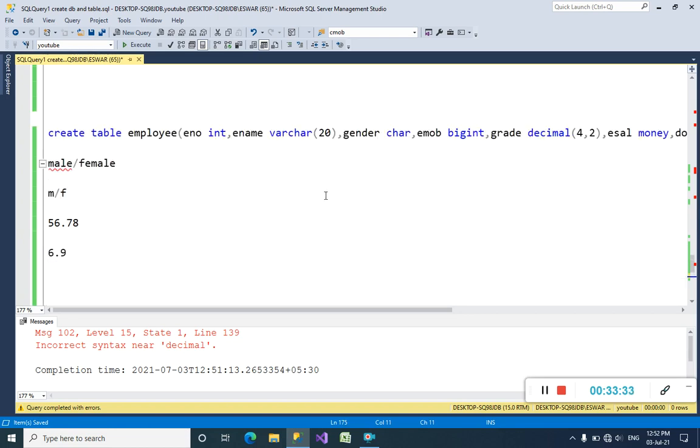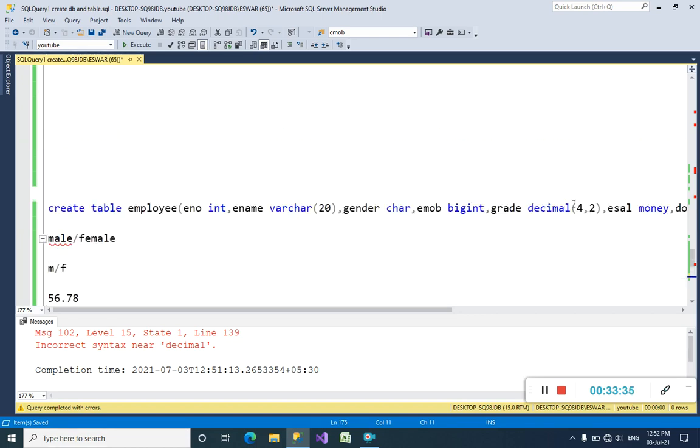Scale, guys. Here I have mentioned 4 as the full count of digits existing in my number, the whole number. Like we can write up to 99.99 only. We cannot write more than 4 digits. Also, we can write only 2 digits after the decimal.